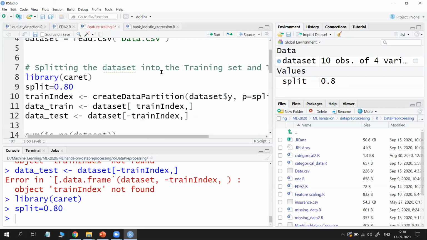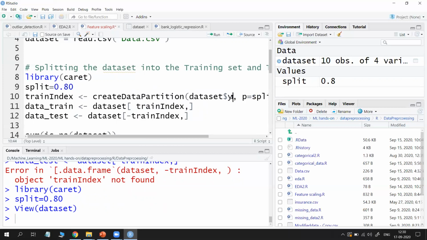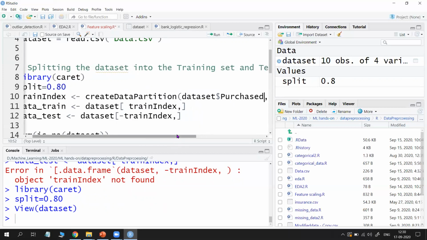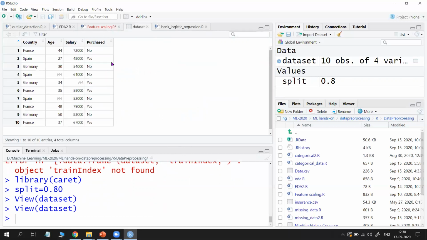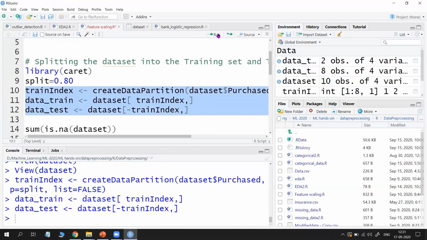Yes, you need to give the dependent variable name here. So what is the dependent variable name? Purchased. So put Purchased. You need to write the dependent variable, whatever it may be, that is your wish. But in my case, as I told you, Purchased can be considered as the dependent variable. So now try to run it.